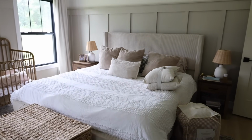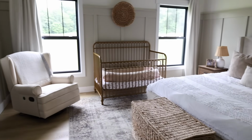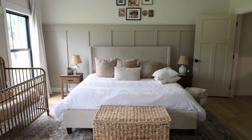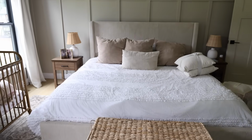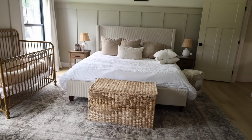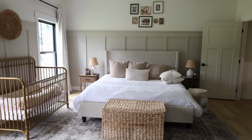Right now we're in our master bedroom, and I wanted to just kind of freshen it up just a little bit. Braylee is still in our room. I know. Our bed has been a little plain lately. I really liked the white comforter for the beginning of spring and summer, but I felt like I needed some pattern in here. So I've had my eye on a really pretty tan gingham comforter set, and I decided